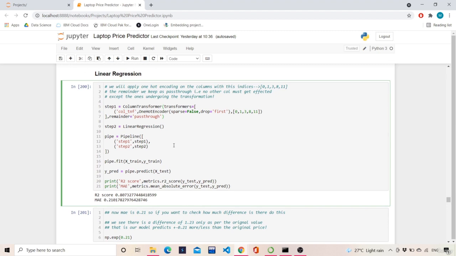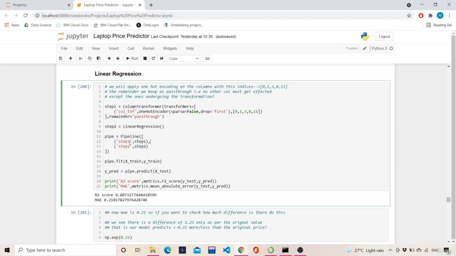Now what is the pipeline? Pipeline is nothing but a list of objects. Now what are the objects over here? Step 1 is the object and step 2 is the object. How does a pipeline work? First it will see what is the first step, it will execute it. If there is an error, it will throw an error. If there is no error, it will go to the next step, right? So in a pipeline, it is nothing but what? A set of tuples, or we can say a list of tuples. We can say list of tuples only. This is right. So this is a tuple.